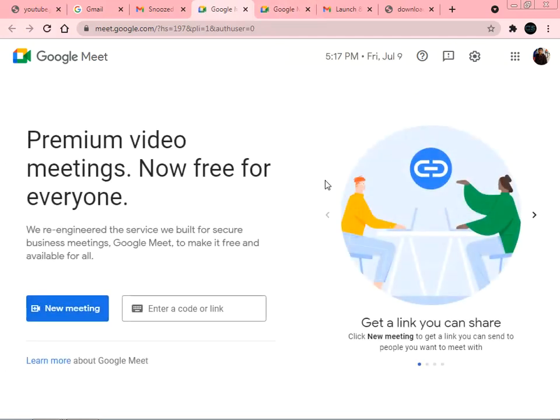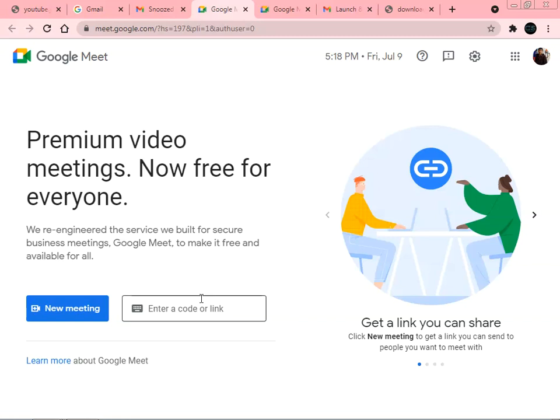When you click on this, you will get the screen of the Google Meet application. This is the interface which is provided for communication with the end users or for setting up video conferencing. In this, on the left side you will get the new meeting option, and to the right of the new meeting you will get a text box: enter a code or link.